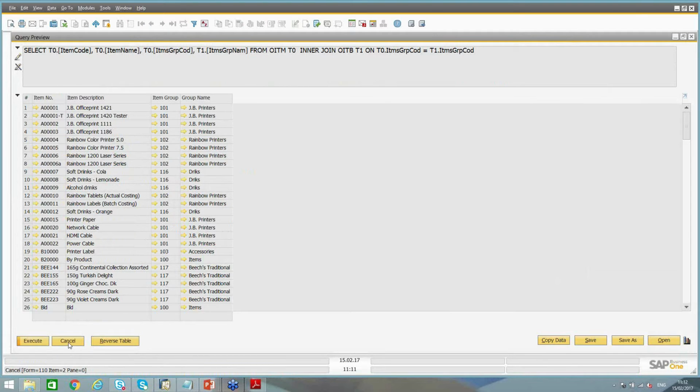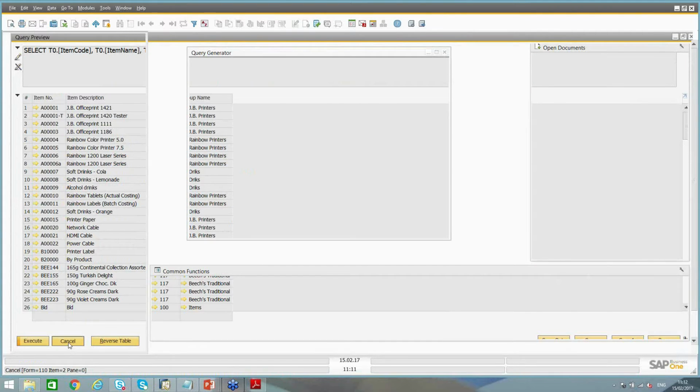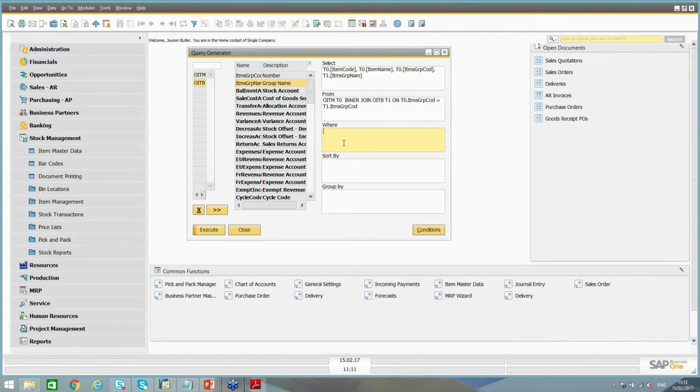Now from here, let's say I wanted to put a filter. So now I'm going to the where clause, and let's say I want to put a filter for the item group name. So I go into the where box, I double click on the item group name, and then I've got to say equals, and then let's say it was JB